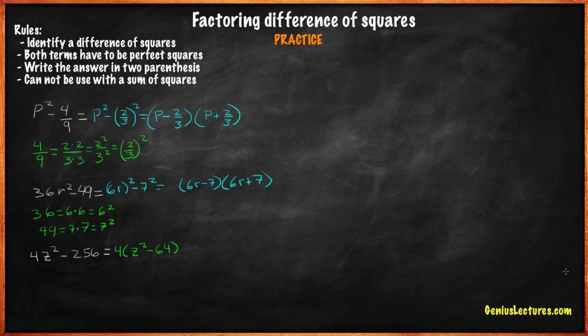Z squared does not need to change since it is expressed as a perfect square. 64 is not expressed as a perfect square, so we can change it if possible. 64 equals 8 times 8 equals 8 squared. Now we have 4 times z squared minus 8 squared equals